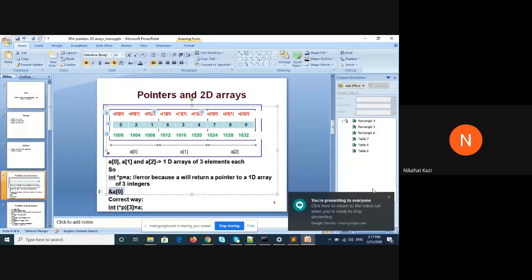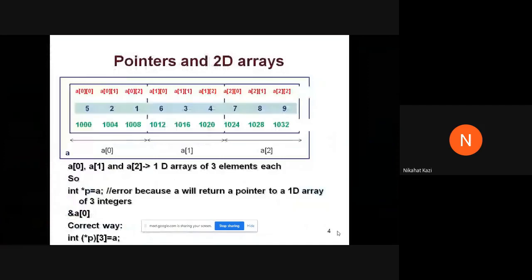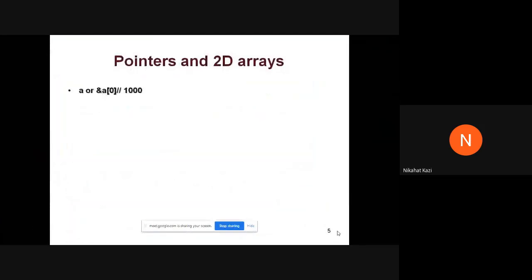So let us see the expressions. Let us revise those expressions again, because I went a bit quickly last time. So we will see one by one. Okay. So all of us agree that the 2D array name A is nothing but the address of the first element of the array, and the first element is A of 0, right?